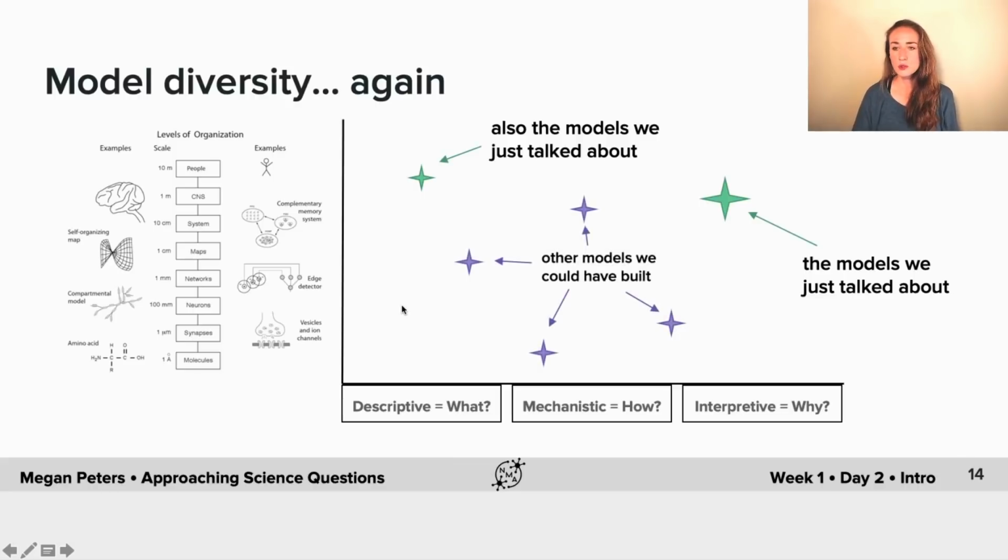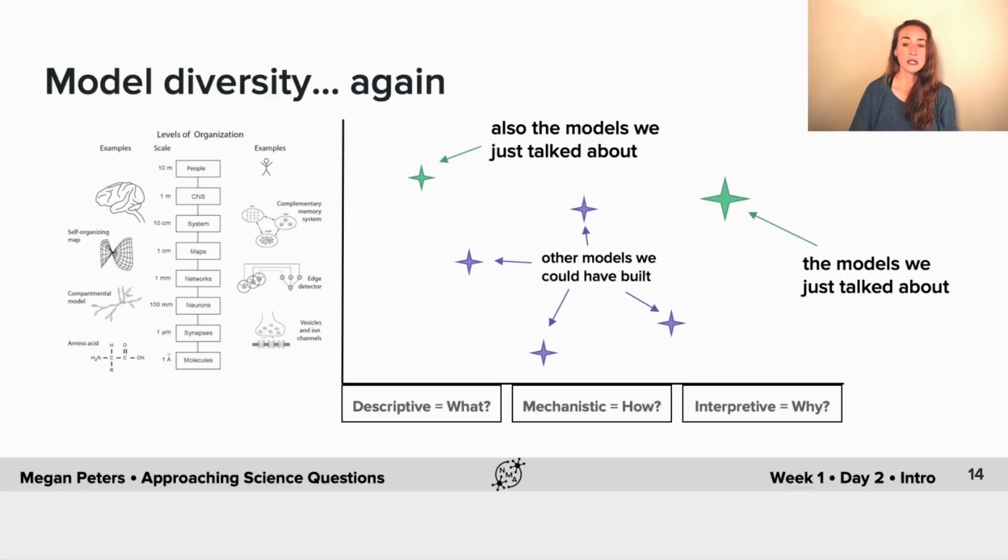So many of those toolkits that I mentioned a couple slides ago, they potentially could have also been built to answer some of the questions about this system. So it's not that all of those other toolkits are bad necessarily. It's just that they were not right for the types of questions that we wanted to ask. They're just different. They're not aligned with the goals that we had for the project.